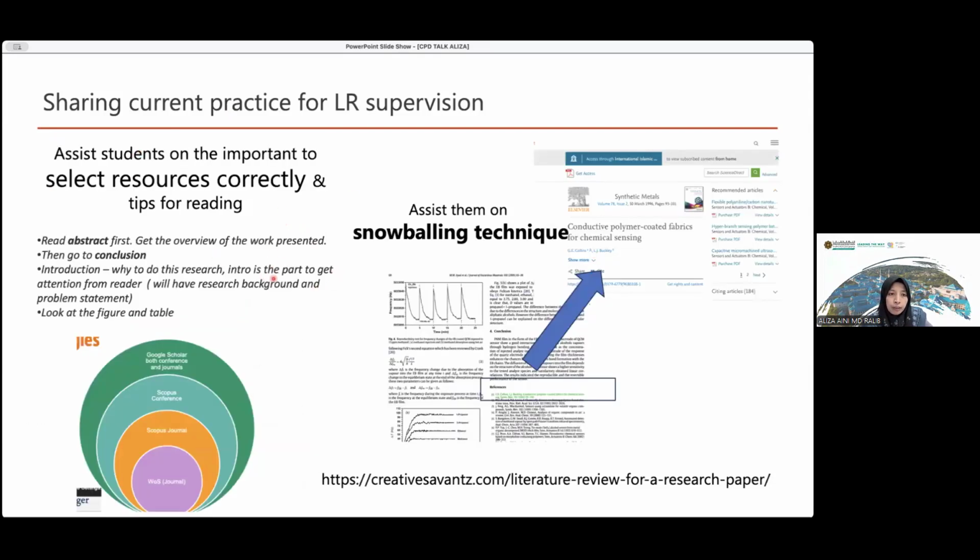Important resource selection is very important, because for FIP students this is the first time they try to read and find papers, and what I found is they don't know which paper is important, or which paper they should start with. We know that at the paper level, we have journals, publications, conferences, WOS journals, and Scopus journals.